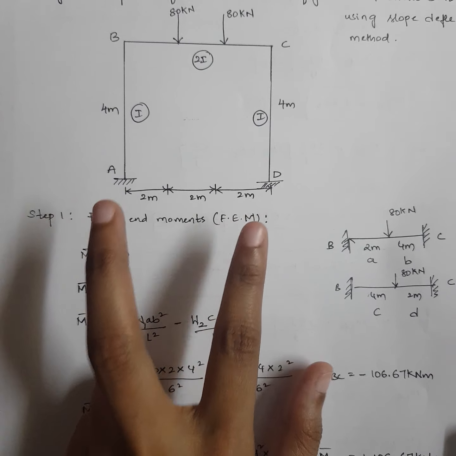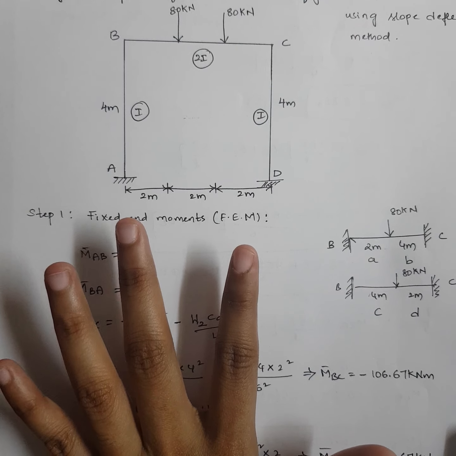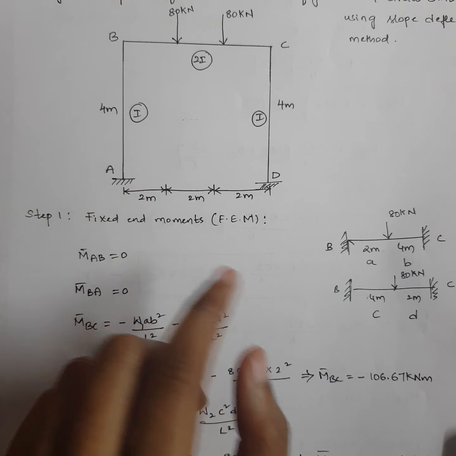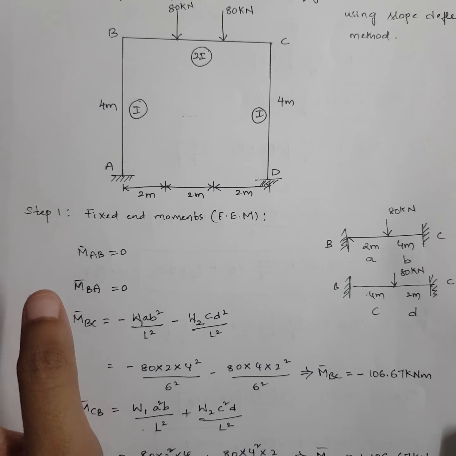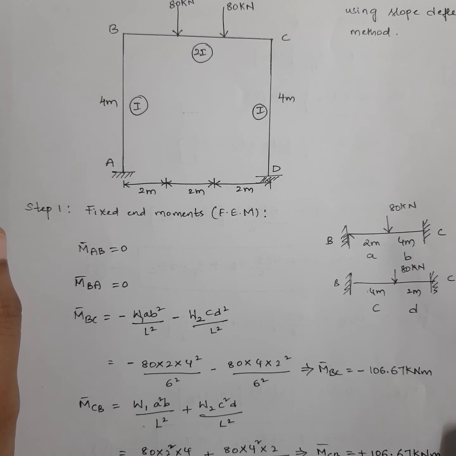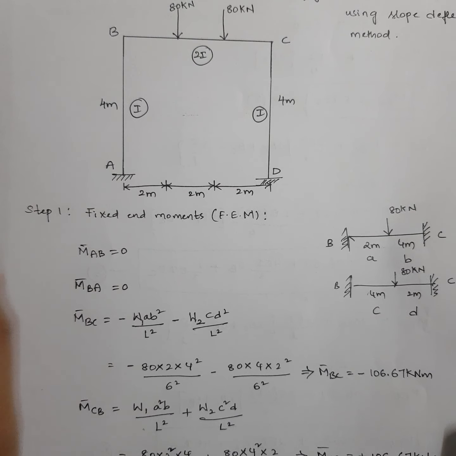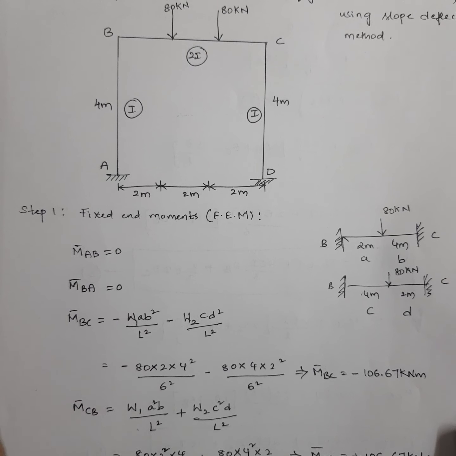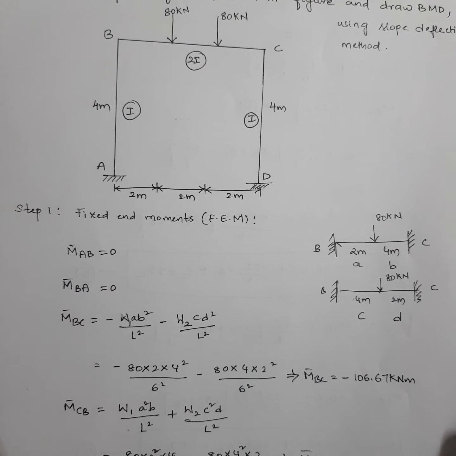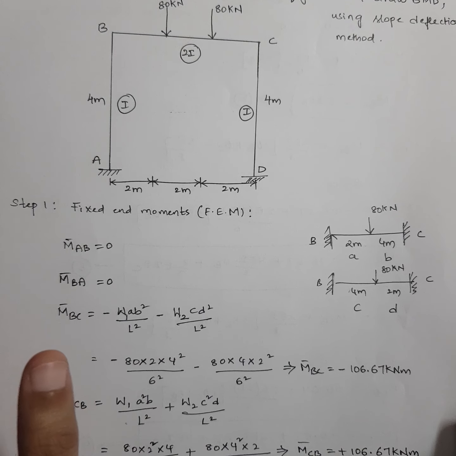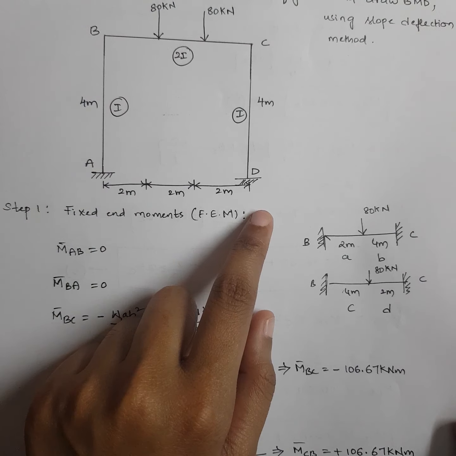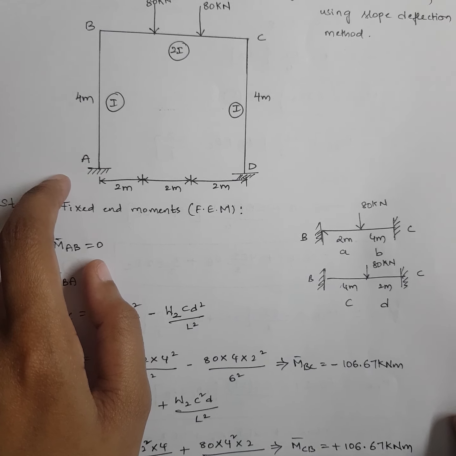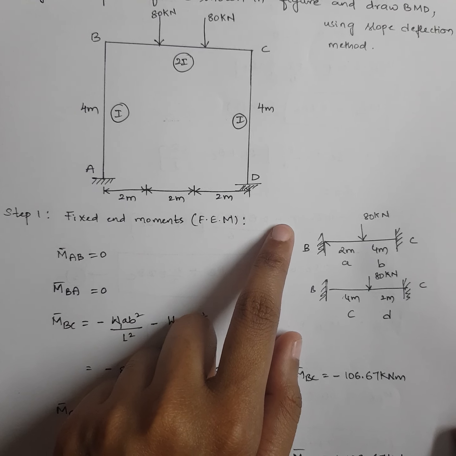Then I'll check the values and see whether this frame is balanced or not, I mean whether all the reactions are correct or not. I'll cross check. I'll tell you how to check also. But now we need to draw the free body diagram of this entire frame. You know how to draw a free body diagram, right? You learn it in your mechanics. Just remove all the supports. We draw the free body diagram by removing all the supports and only giving the loads. Whatever reactions and loads are there, only that we will draw. So I'll remove supports A and D, which means I have to put a reaction here in a vertical direction, a reaction in a horizontal direction, and a moment. Similarly at D also I'll do the same.